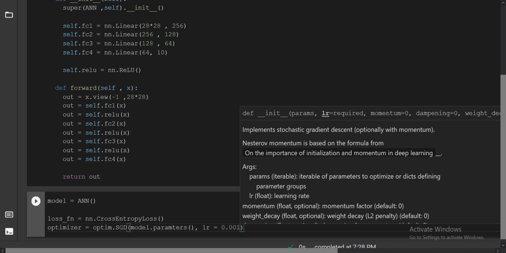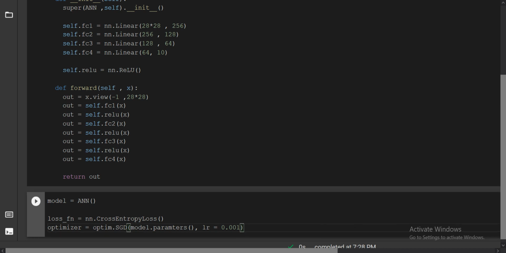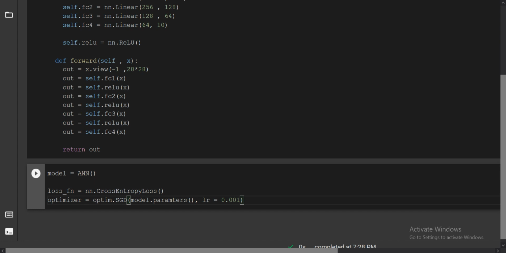And whenever you pass a learning rate that is too small, it will take a lot of time to reach the global minima. So it is useless to use a too small or too large value. You can just pass 0.01 or 0.001. That's it. It's like hyperparameter tuning. You have to check after training how your model is behaving.